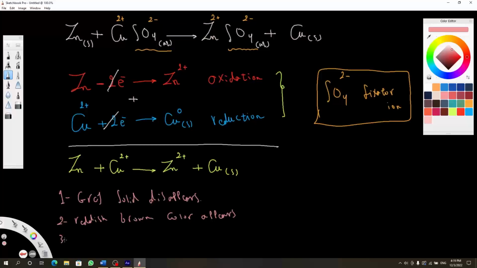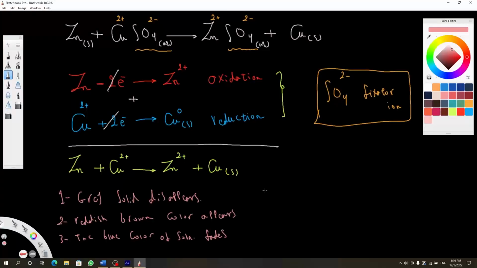The third observation is that the blue color of the solution fades. We don't give any names, we don't name the compounds, we don't name the precipitates or anything, because